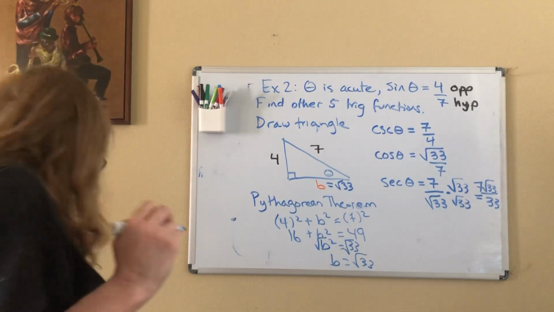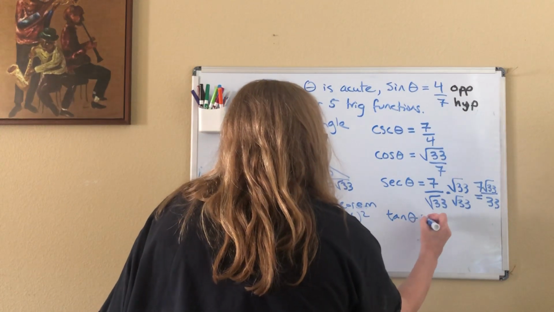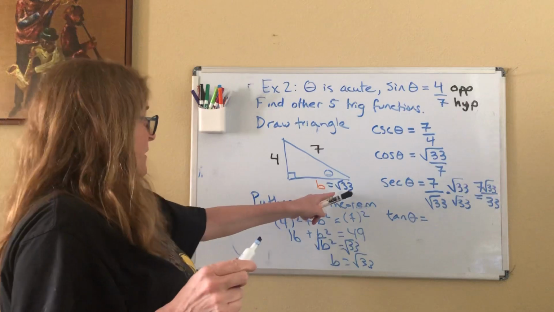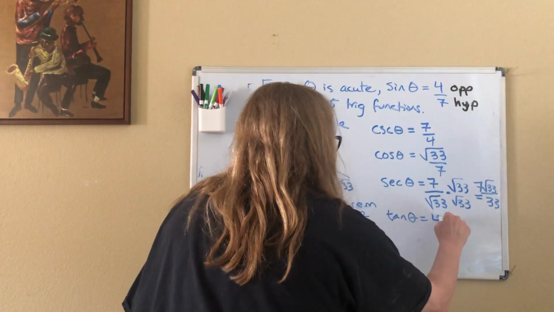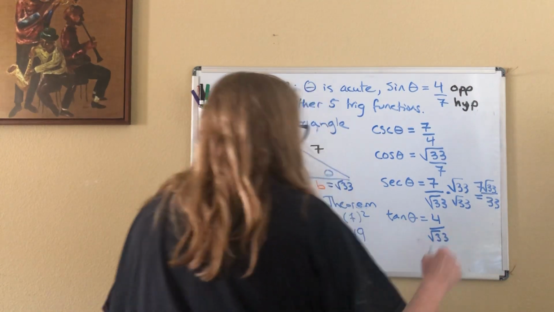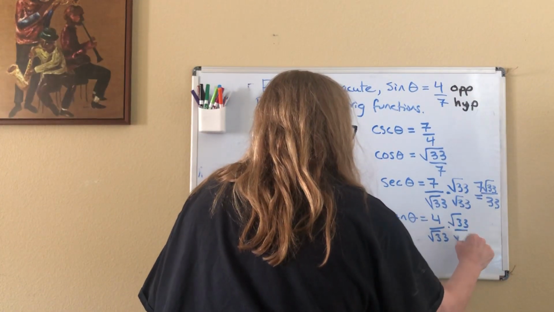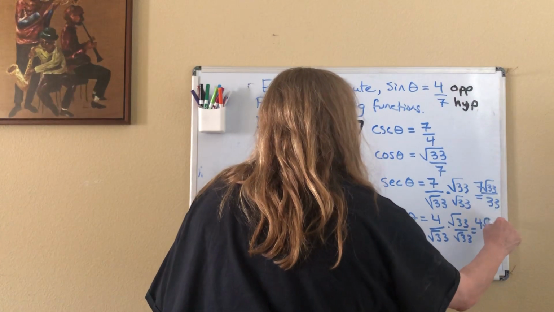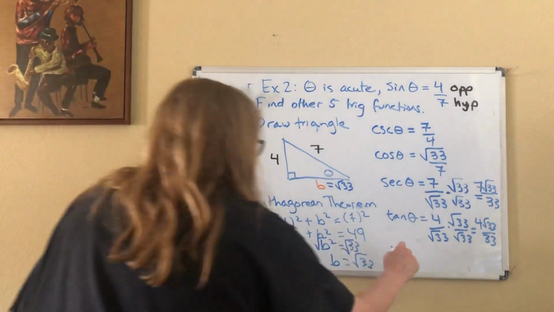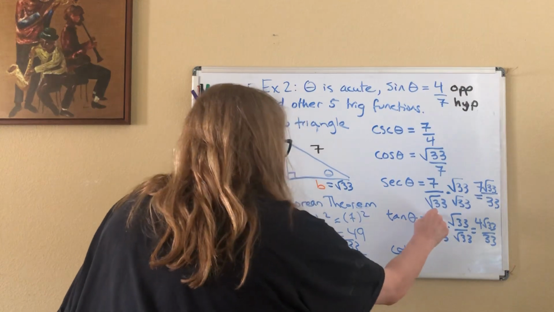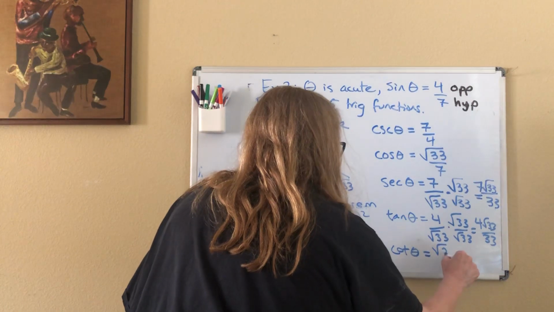Okay, now let's do tangent. So tangent of theta is equal to the opposite of the angle, which is 4, over the adjacent. So it's 4 over the square root of 33. Oops, there it is again. We got to multiply by root 33 over root 33, and we get 4 root 33 over 33. And the last one is cotangent, so I can squeeze that down there at the bottom. Let's look at our tangent. Our tangent is 4 over root 33, so let's just flip that over and make it root 33 over